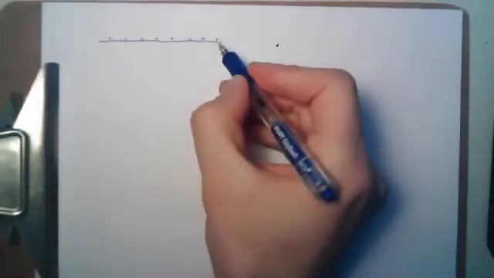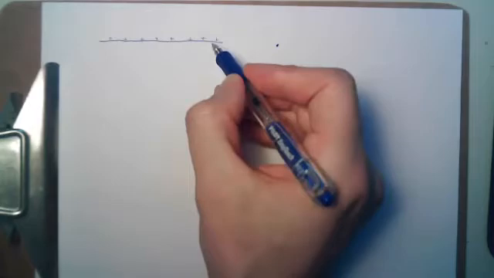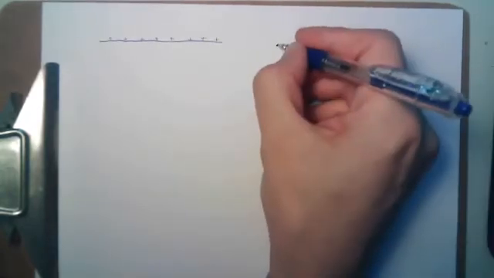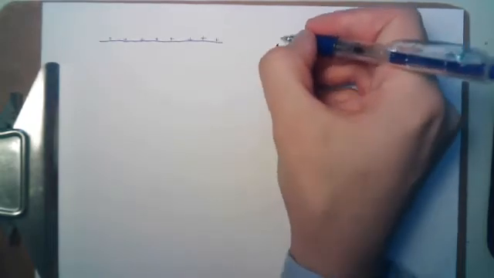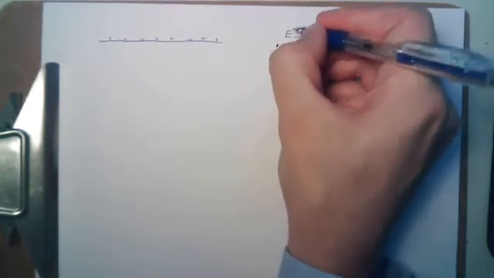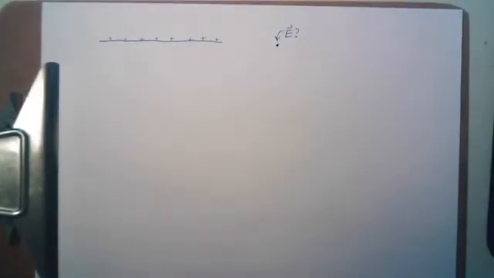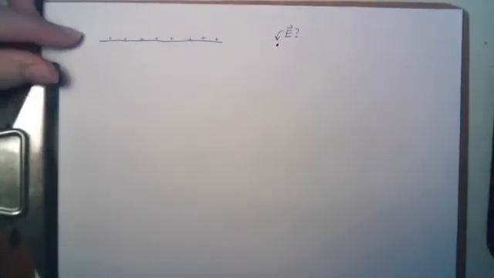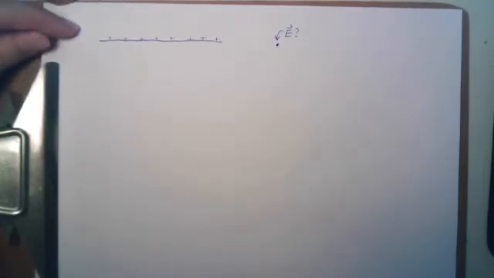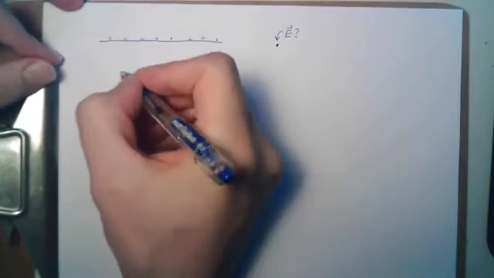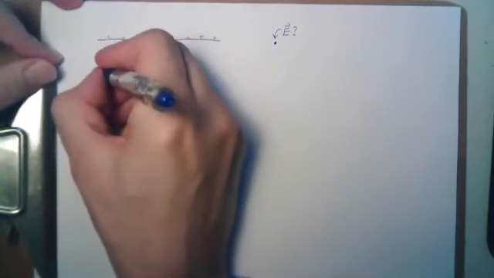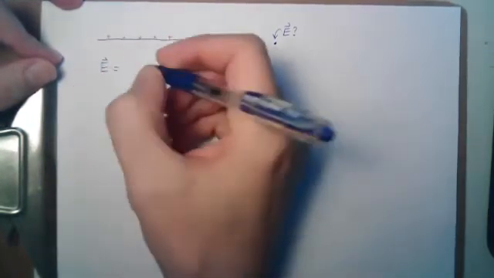So we have this charged object, and then the charges are spread out. And if we sit here on this line, we want to know what the electric field is in this location. All right. Now, if this was a discrete case, we would say, okay, the electric field here is going to